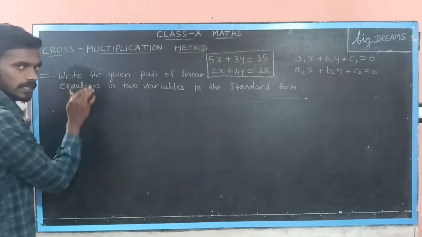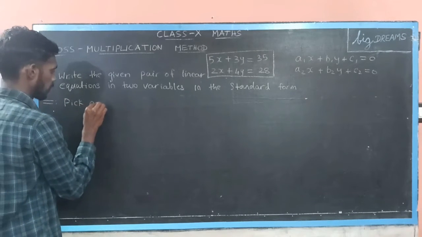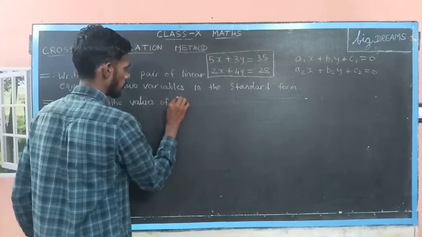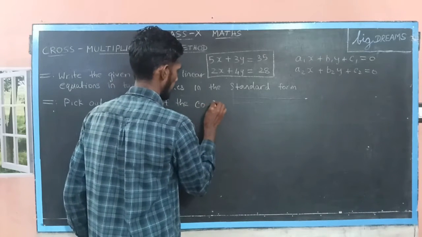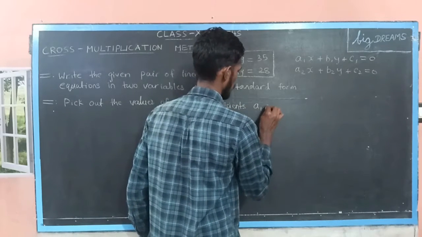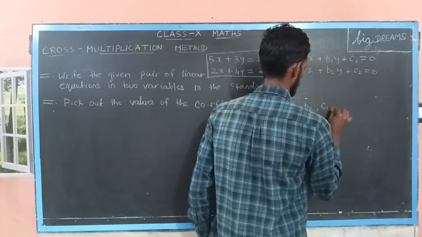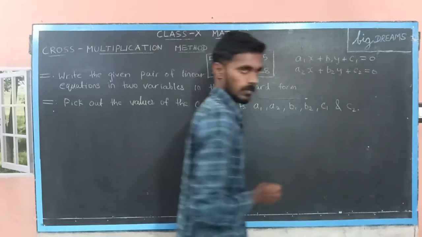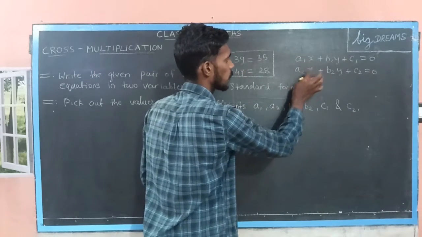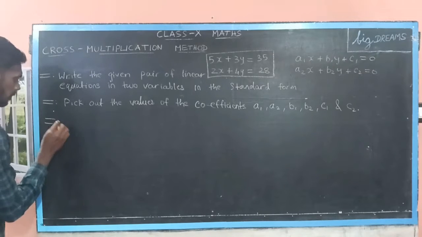After completing the first step, pick out the values of the coefficients a1, a2, b1, b2, c1 and c2. So after writing the given equation in this form, you have to pick out the values of a1, a2, b1, b2, c1 and c2. Clear? Then in the third step,